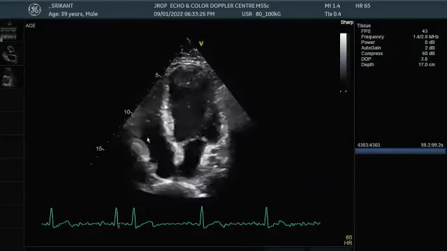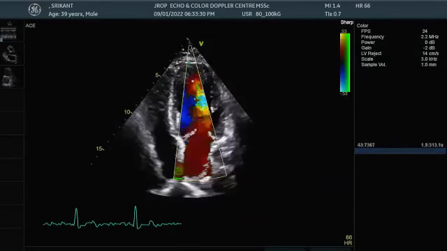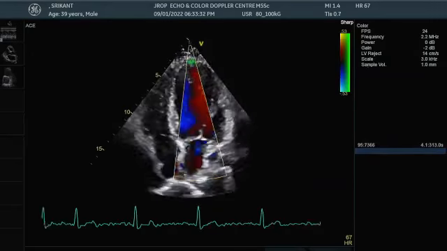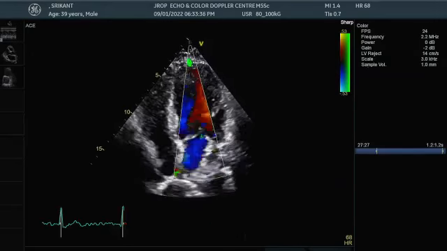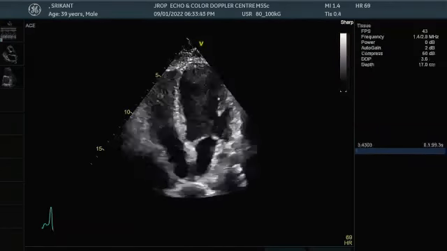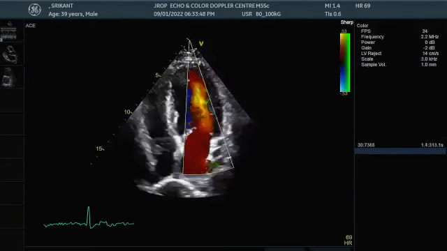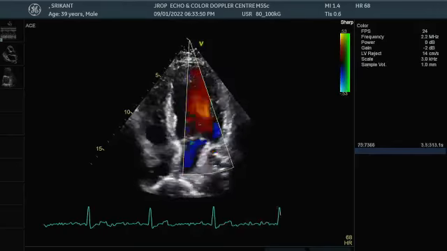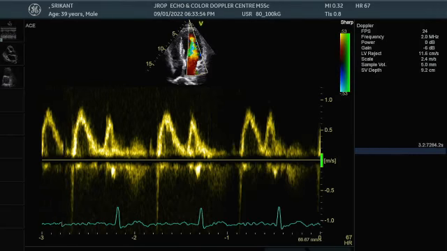When we look at the calculations, what do we need? We need a mitral flow pattern. Now look, it's a very small trivial MR you can see in this subject. So we have a very small trivial MR jet seen in this subject. Then we can put a sample volume across the tip of the mitral valve. What do we get?